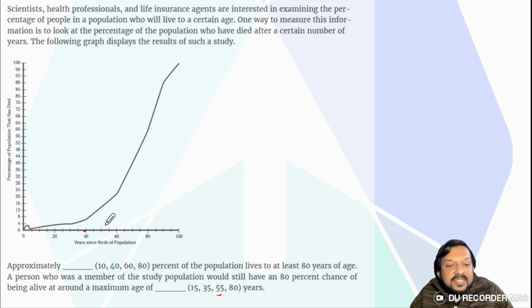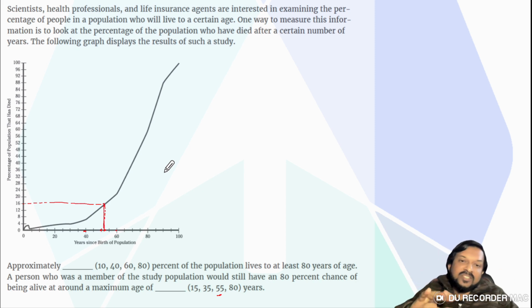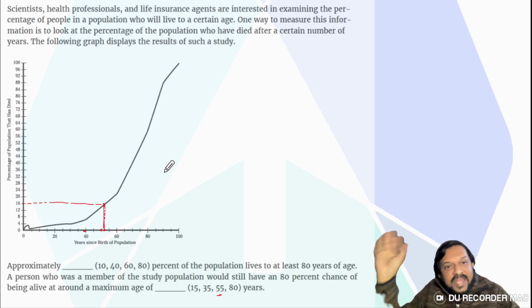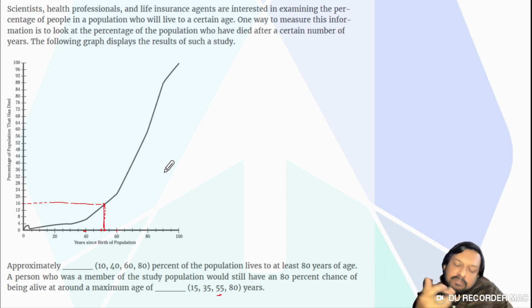So if I raise this to 55, let's say, so this is my 50. Okay, we are having 55 here. So if I just try to estimate 55 from here, somewhere around here, okay, you will see that it corresponds to somewhere around here. Okay, you can draw a point out of it, which is approximately 16-17% who have already died. Okay, which will automatically mean that the chances of you living is above 80, so around 84%. Okay, it can be 82 if you relate it to, but it very clearly does not look like 20, so